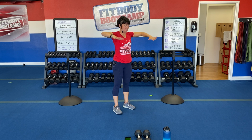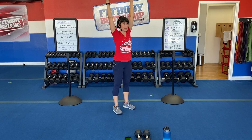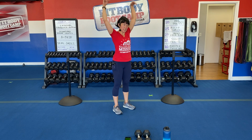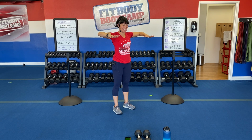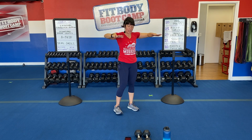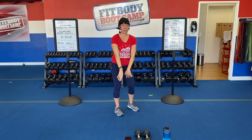Get them warmed up. I even like to flex my fingertips here just to get a little extra in, instead of just having them unactivated. So I'm just trying to go all the way through. Nice and activated. I even have my core on, so you want to try to activate as much as possible